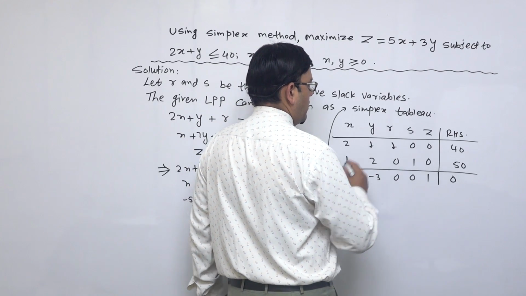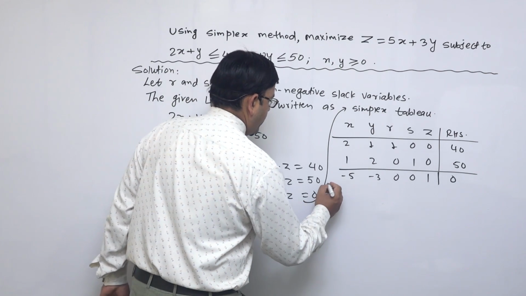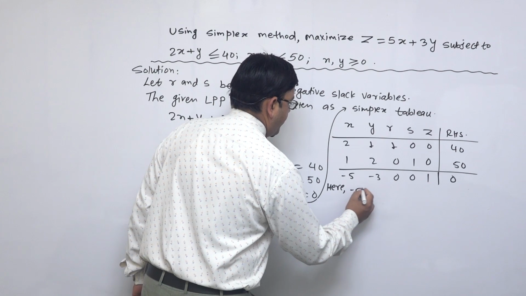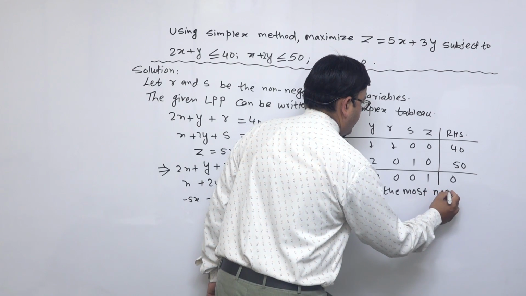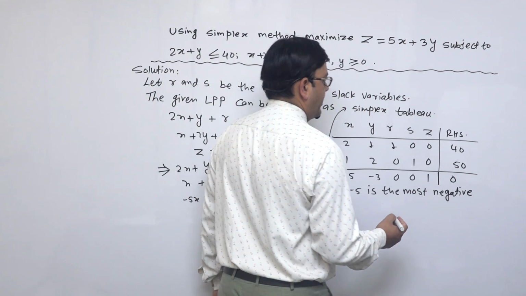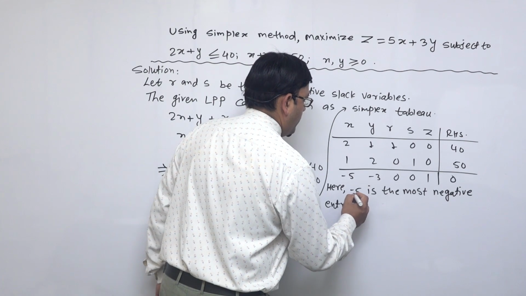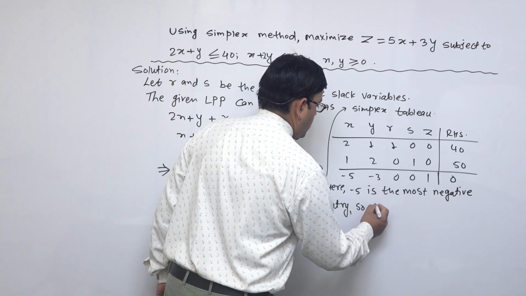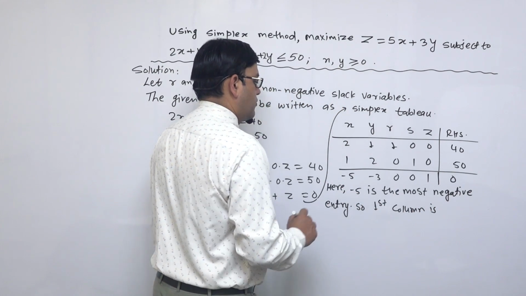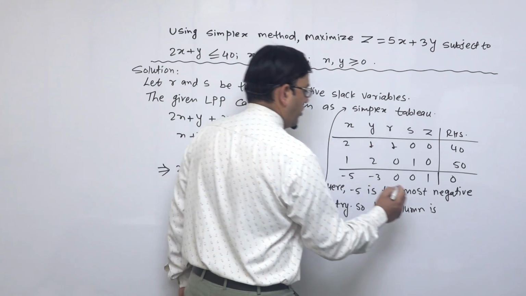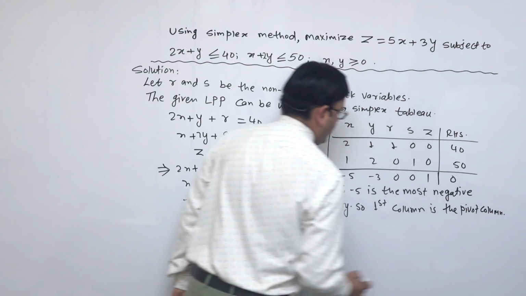Now which one is the most negative entry? This one is the most negative entry, so we can write here minus 5 is the most negative entry, so the first column, this first column, is the pivot column, since